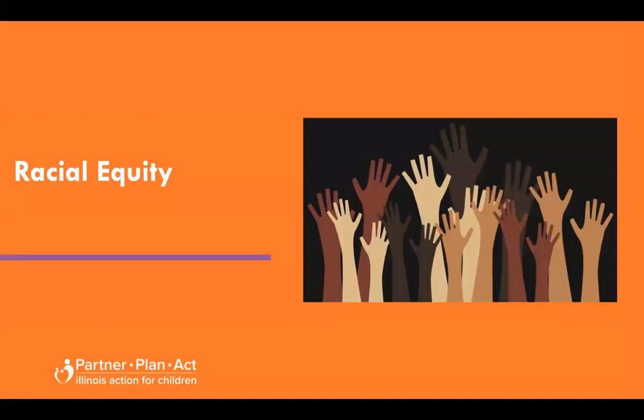To recap this section, we watched a video sharing the importance of quality early childhood experiences to support the development of a healthy brain and learned that investing in quality early childhood programs yields a return on investments. I want to point out that it's important that those investments in quality programs and services are targeted and allocated equitably to improve the outcomes of children who are negatively impacted by inequities. Now we're going to focus our attention on racial equity.